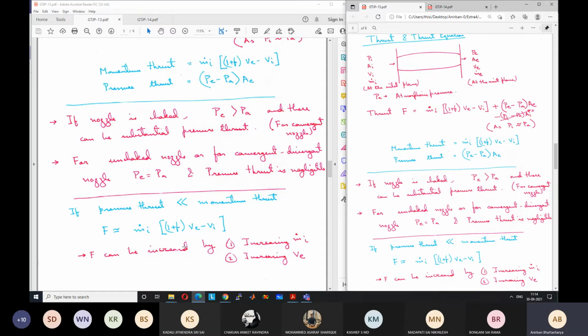Later we will see that arbitrarily we cannot increase the exhaust velocity, because that leads to a reduction in something called propulsive efficiency. There is a lot of loss of kinetic energy. So we want this V to be as close to Vi as possible to increase the propulsive efficiency. We'll discuss this in a moment. In those cases, it is better to have a very large mass flow rate, and that is the idea behind turbofan engines.